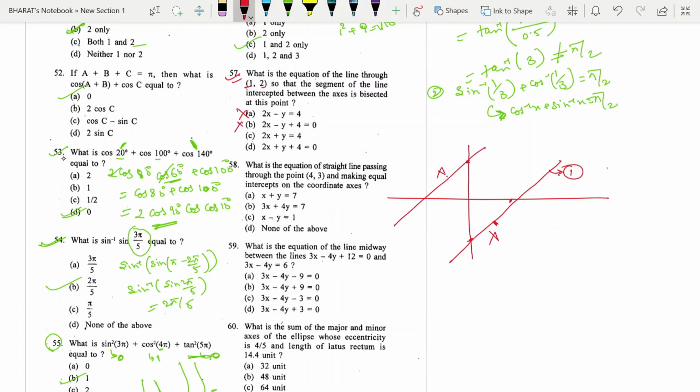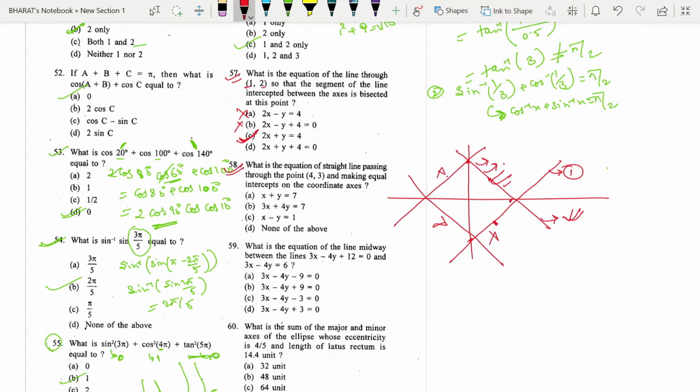Now 2x plus y is equal to 4, that equation will be like this, and this can be our potential answer. Let's take the last one also. It will give us a clear picture whether it is possible or not. And yes, this will be like this, and this is also not possible, so C will be our answer. And the other way is that you can let the equation of the line and put 1 by 2 in it, so you will get the answer that way also.